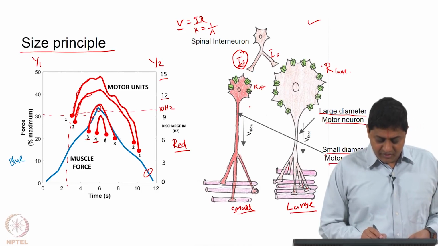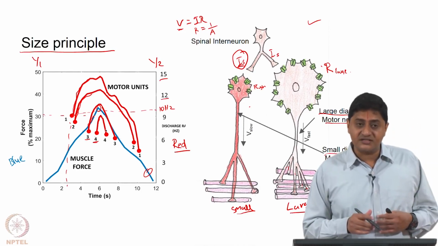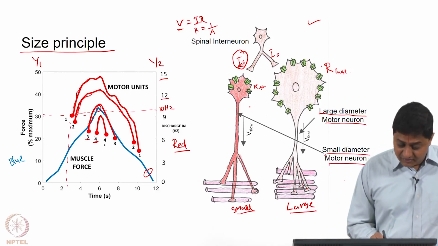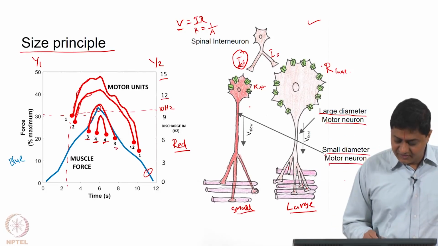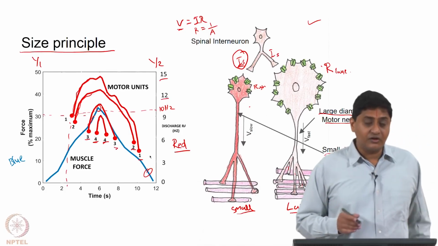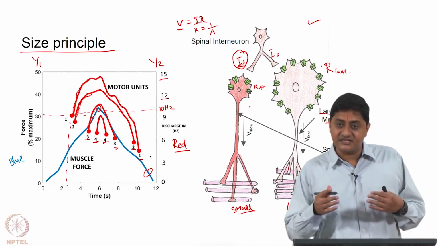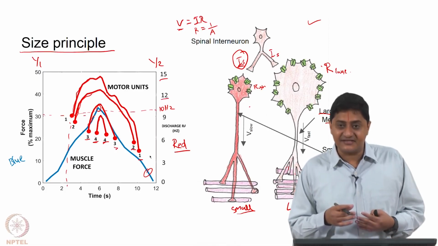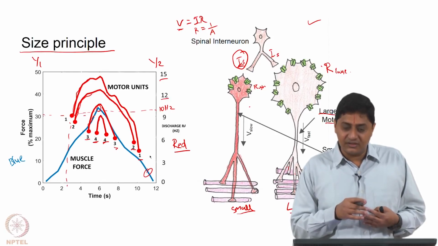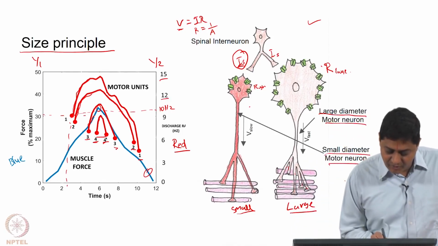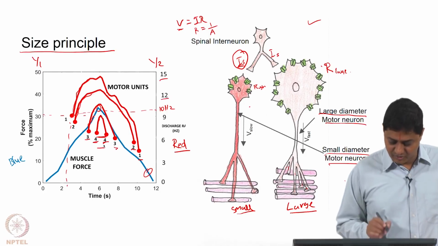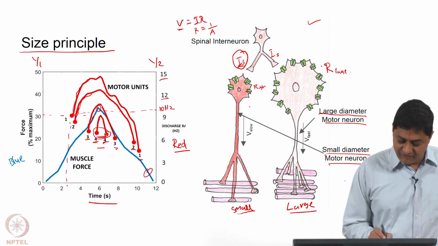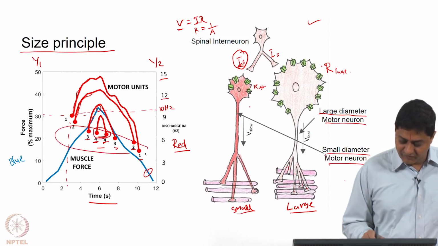and also note the guy who was recruited last, the motor unit who was recruited last is relieved first. Fourth motor unit is first relieved, then 3, then 2, then 1. Recruitment happens in the order of increasing size, de-recruitment happens in the order of decreasing size. So, the largest motor unit is functional for a brief amount of time. The x axis is time here. So, this fourth motor unit is active only for a brief amount of time, whereas 1 is active for a